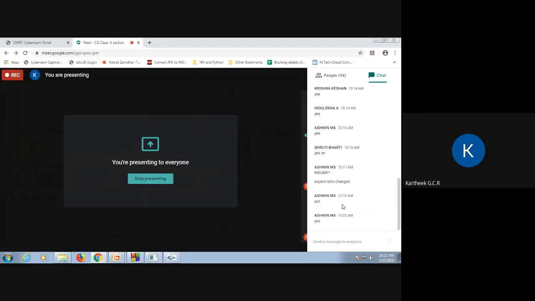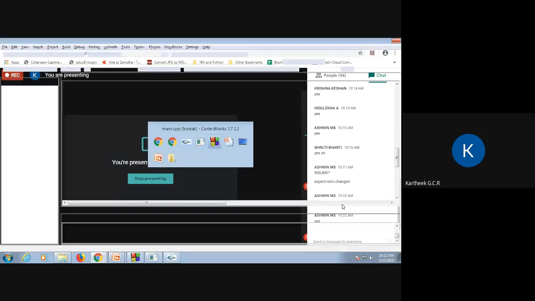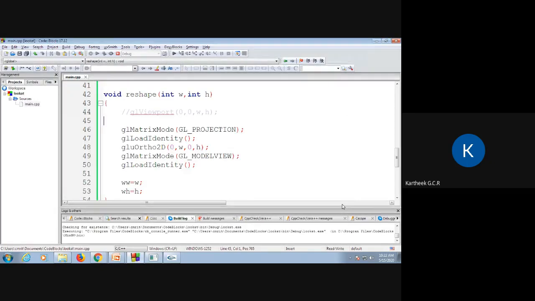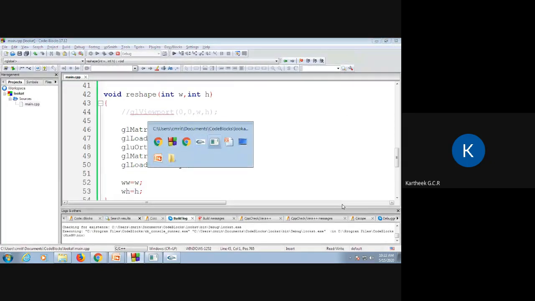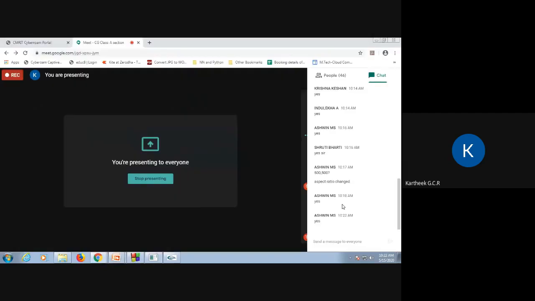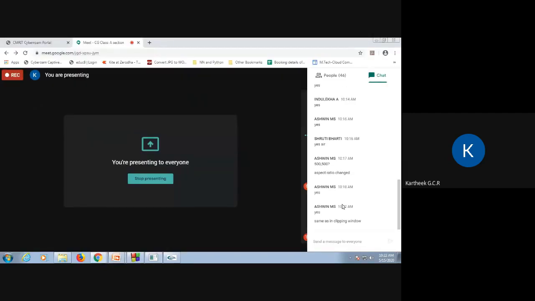So what is the value of the viewport so far? What is the dimension of the viewport? I did not change my viewport. I commented it out in my code. So what is the dimension of the viewport? No, it is not the same as that of the clipping window.